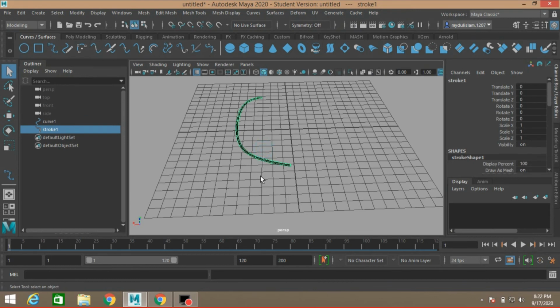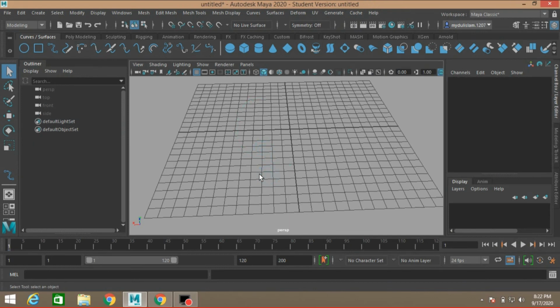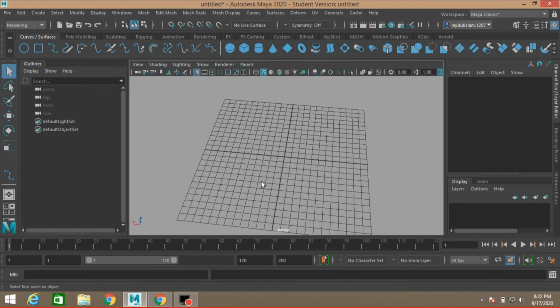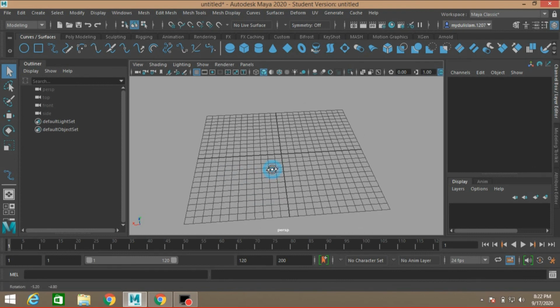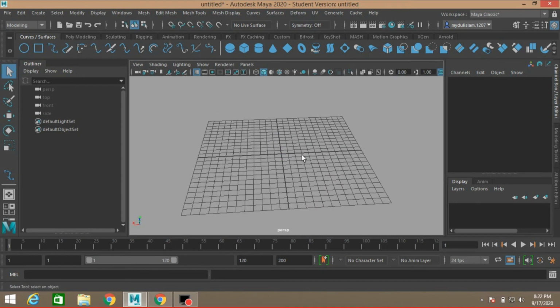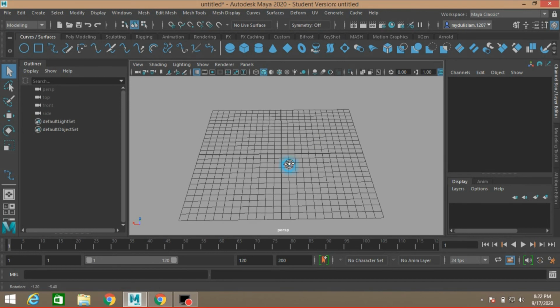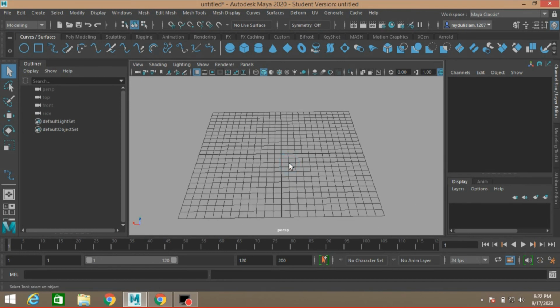See, press delete the curve. These are the properties of the Maya NURBS curves.